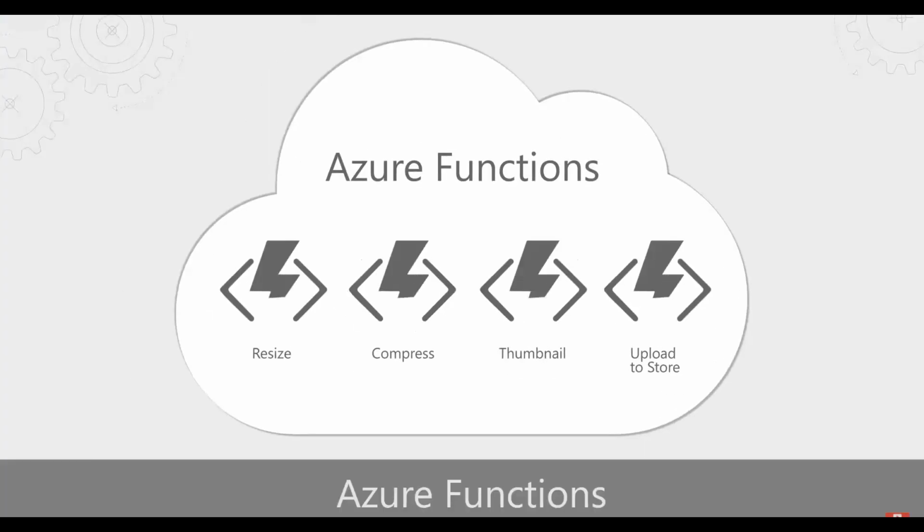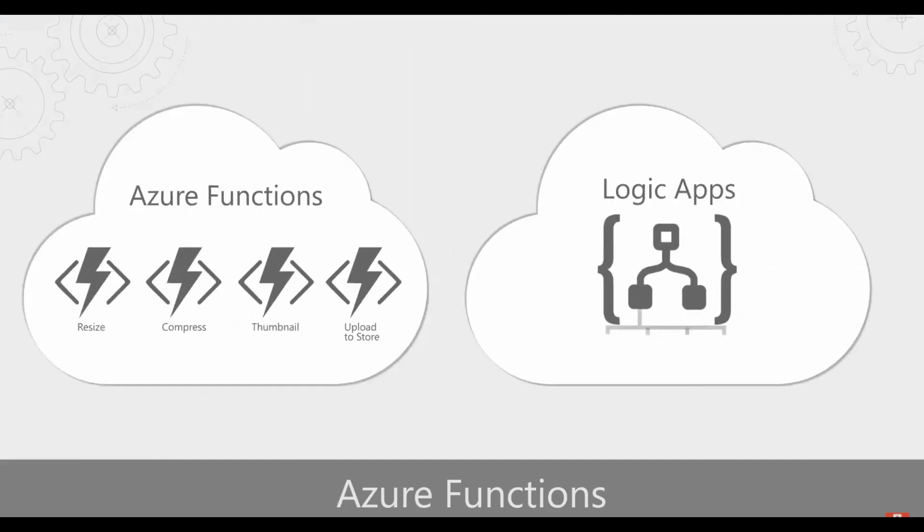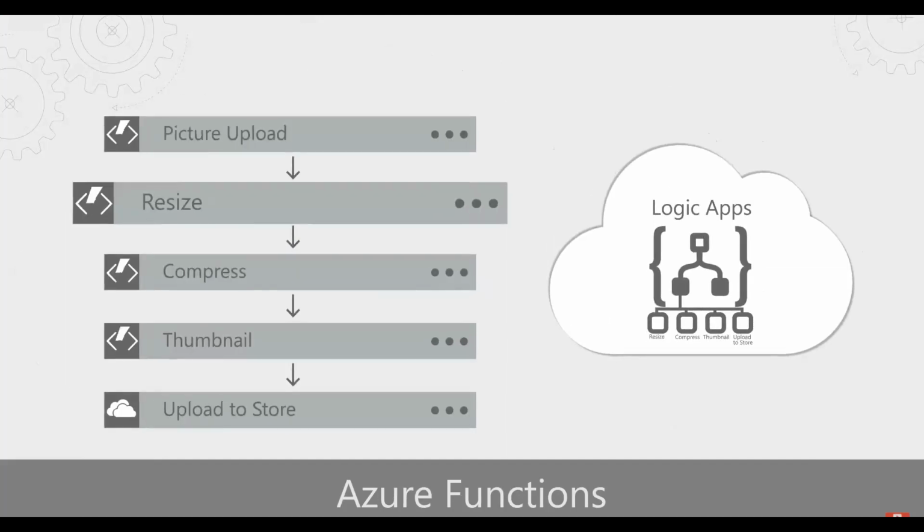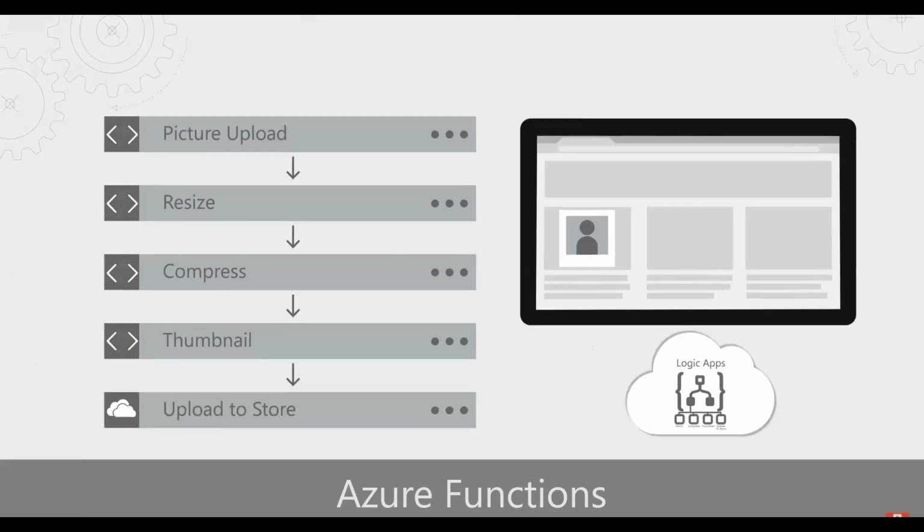So I'm a developer, I've got my chunk of code, I give it to Azure Functions and it executes. Yeah, that's exactly right. But what if I need my code to perform multiple tasks? So if we stick with our photo example, so resize, compress, create a thumbnail, and then upload it to a store. Yeah, so each one of those individual tasks would be an Azure function. And to orchestrate these different tasks, I would use Azure Logic Apps to build a workflow. So in our example, the different tasks from resizing, compressing, creating a thumbnail, displaying it in the store, those would be executed on an uploaded picture.